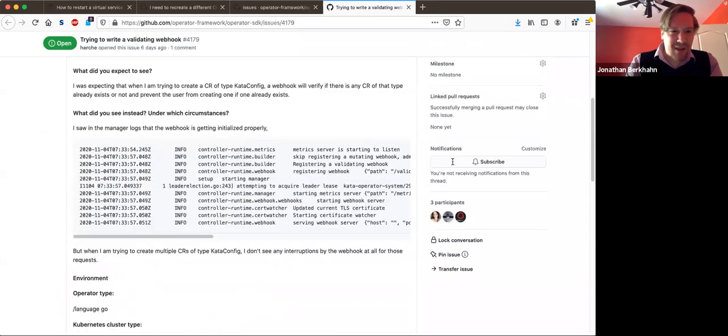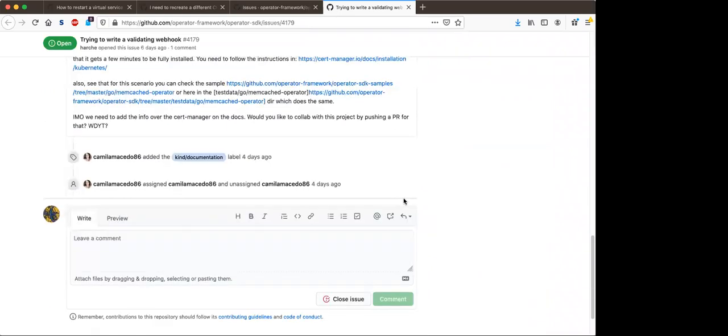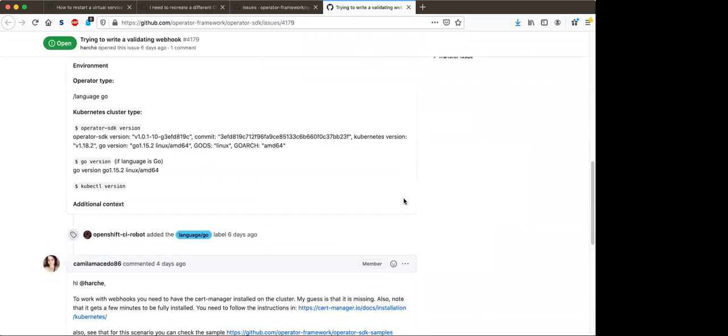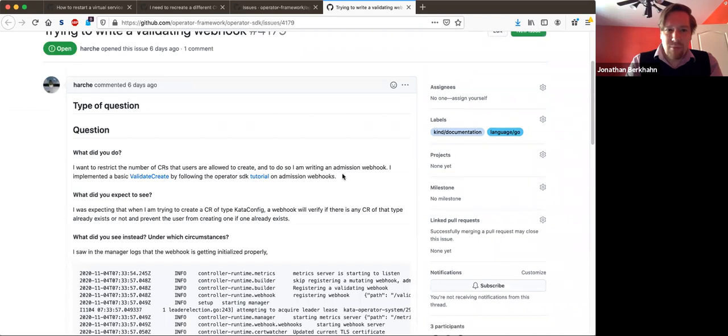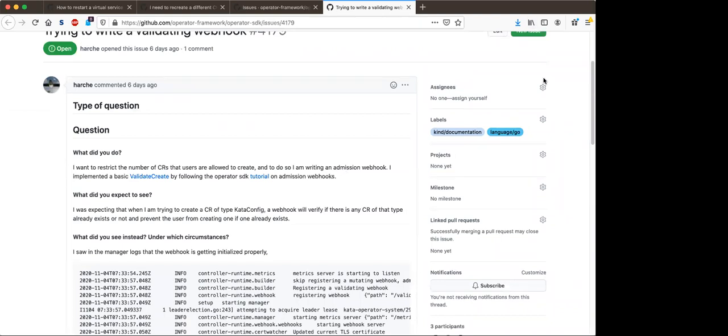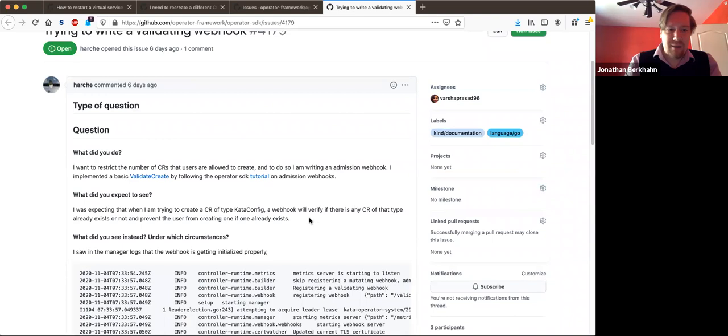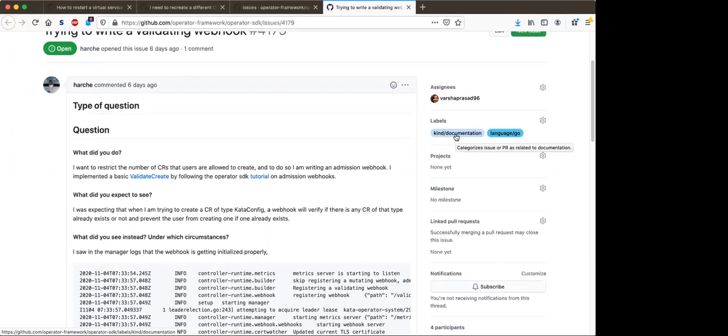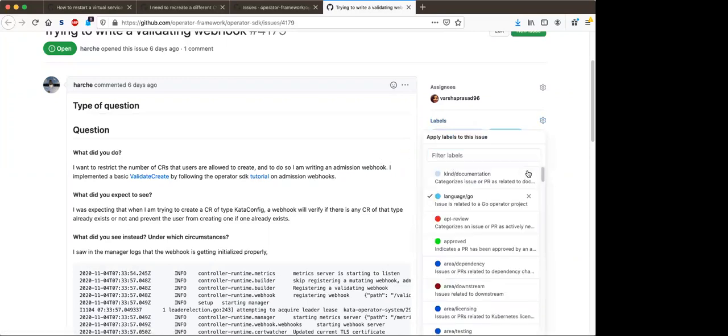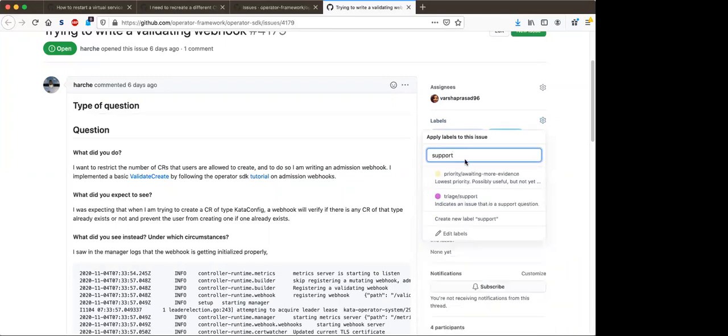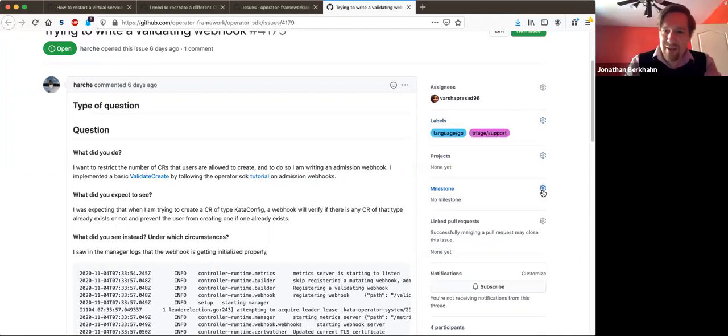Did you reach out to them directly? They had reached out to me in Slack. Okay, yeah. Would you mind if I assigned you to this issue then? Yeah, sure. I can follow up with them and figure this out. And do we just want to, this is like a support. Yeah, I think it's support. And we're just going to backlog it.